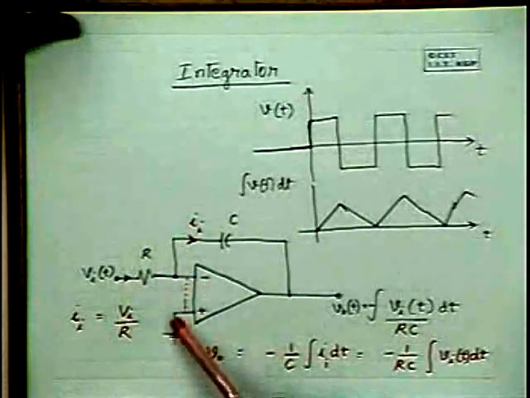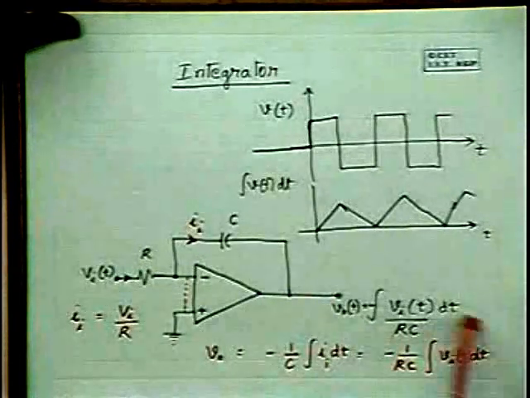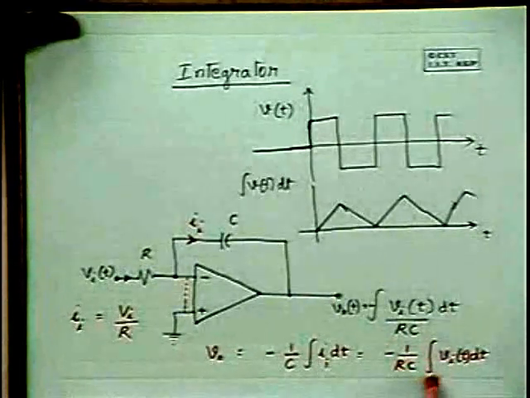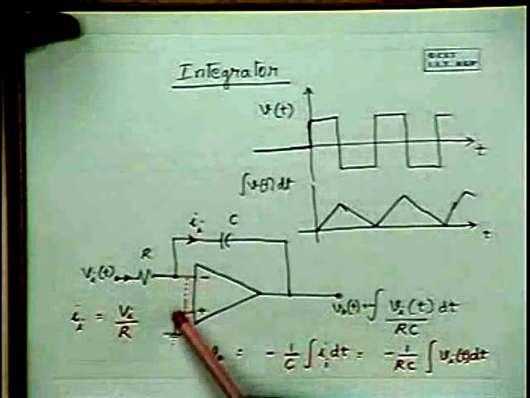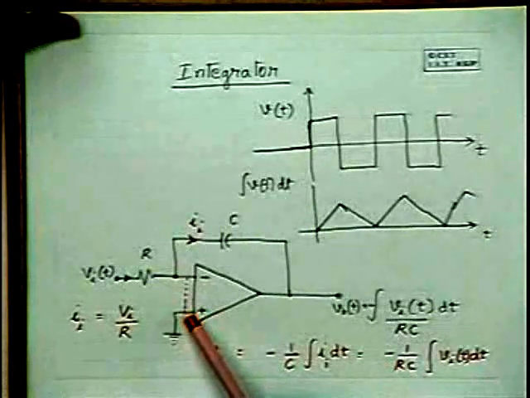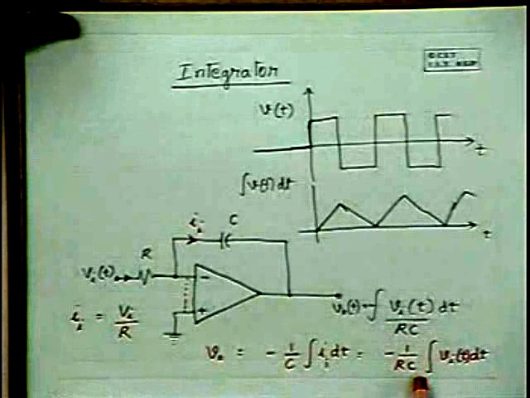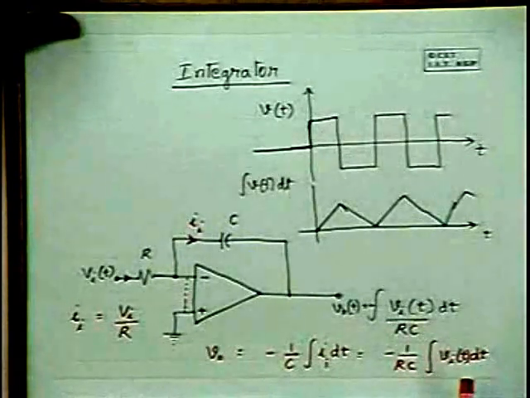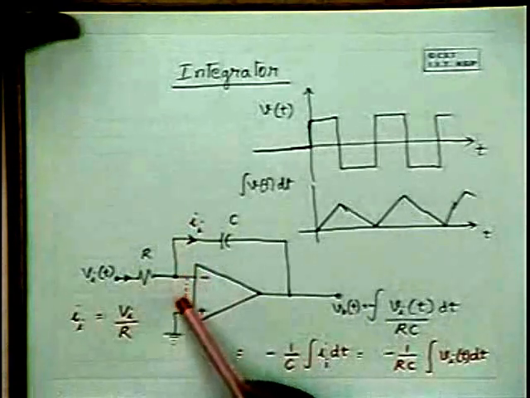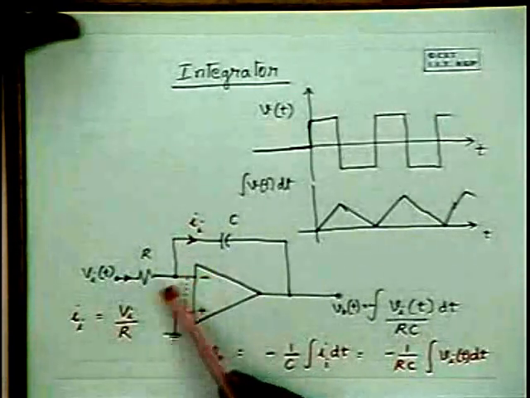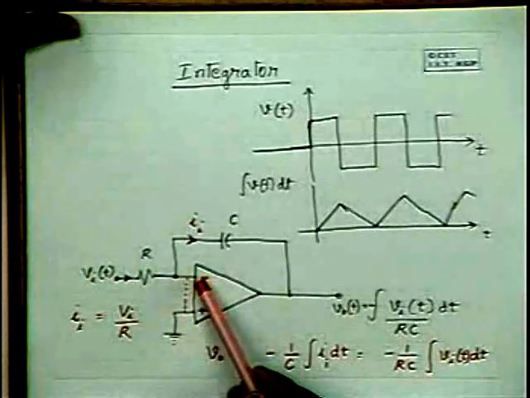Actually, the voltage drop here is equal to the output voltage. So this voltage divided by AD, the differential gain of the amplifier, is the input voltage. So this voltage V naught divided by, say, 10 to the power of 4, if the gain is 10 to the power of 4, would be the voltage at the input nodes. Now for a reasonably high input voltage, isn't this negligibly small?